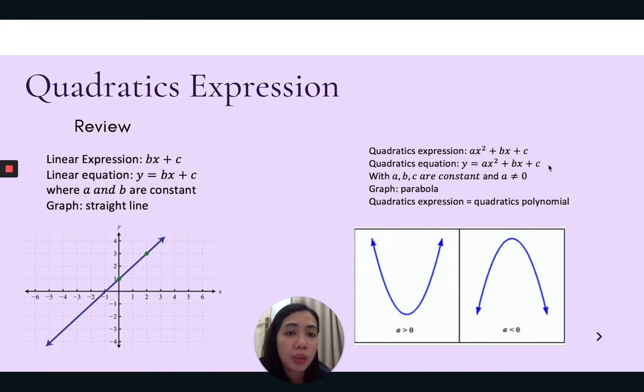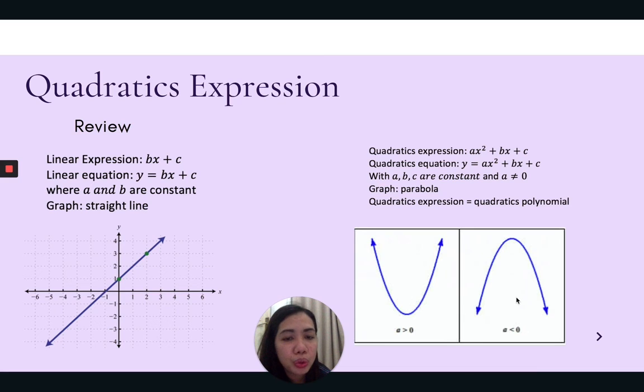Okay, the next thing: if we want to transfer this quadratic equation into a graph, or draw this quadratic equation, we will always have a parabola. And based on the value of a, we can divide the parabola into two. One is the open upward parabola like this, and the other is the open downward parabola like this. Commonly I call it a smile parabola, and this is a sad parabola.